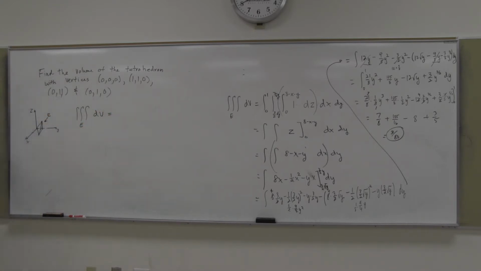If I can get that set up, 1 dV, that'll give me that volume. So we're going to kind of do it the same way. The problem is here, I have no functions. I've only got points. But we are going to kind of approach it the same way we did that first example, in that